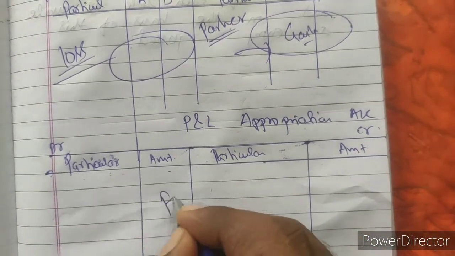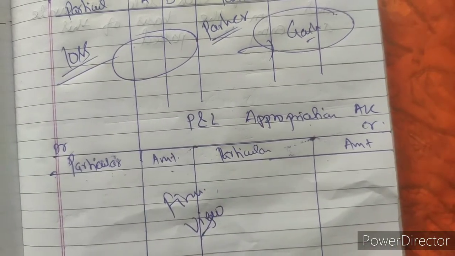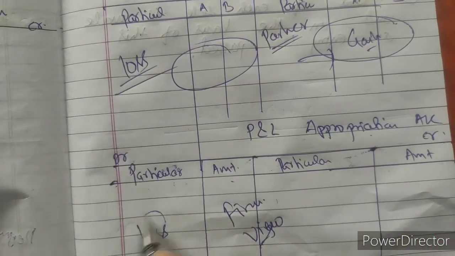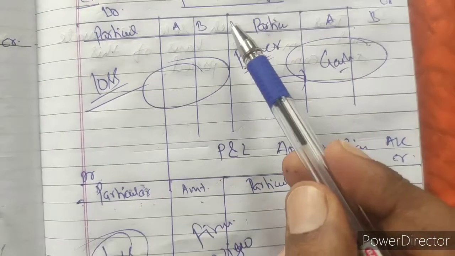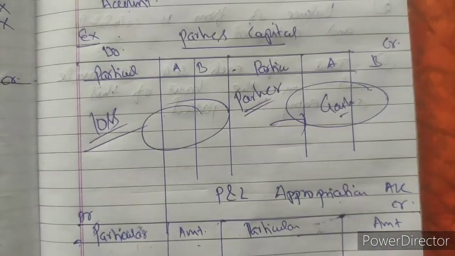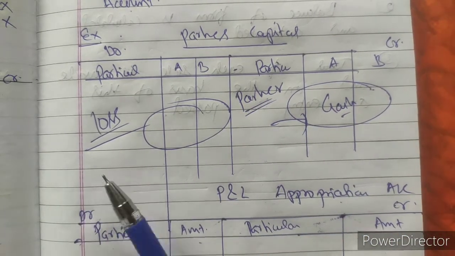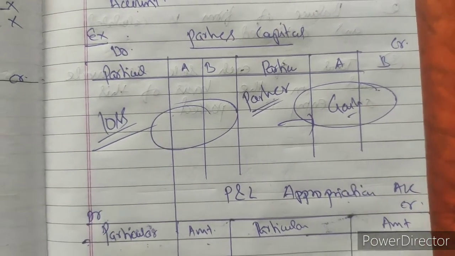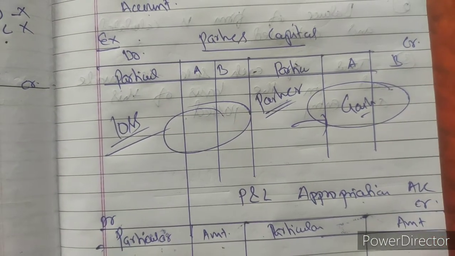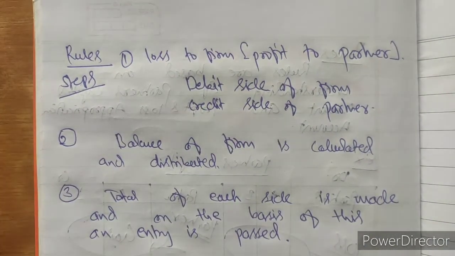The second account that we have learned is the profit and loss appropriation account. This is prepared from the firm's viewpoint, where all the losses are written on the debit side and gains on the credit side. I hope the partner's capital account and the profit and loss appropriation account are clear to you. If you have a clear understanding of what amounts are written on the credit side, what amounts are written on the debit side, and why, then it will be much easier to solve past adjustment questions, because there are high chances that one past adjustment question will be there in your final exam also.